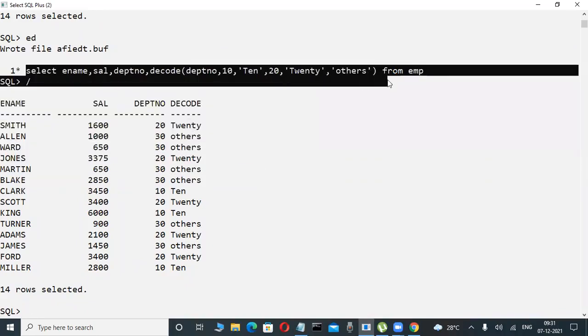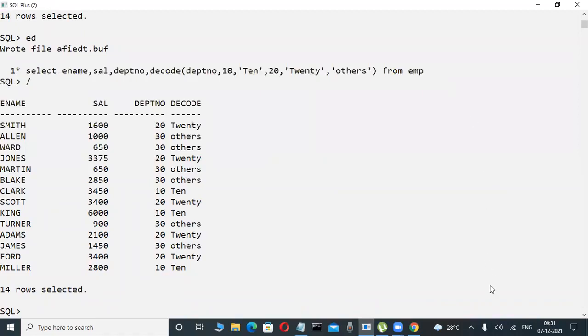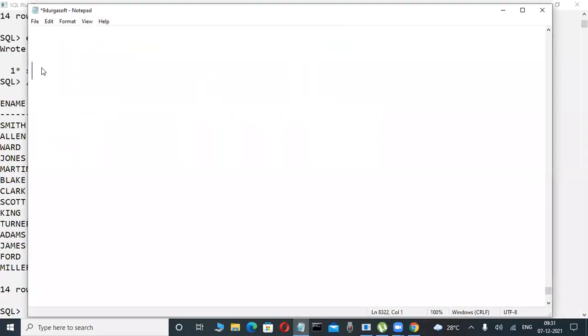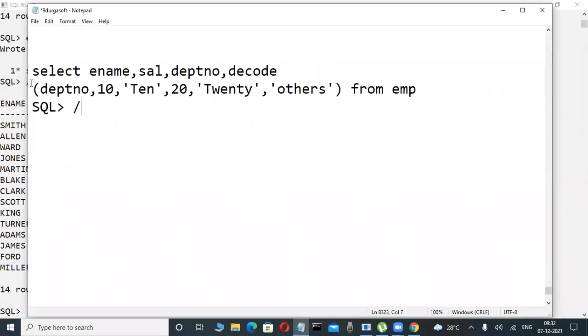Idea purpose. If condition is not only for outside data, but also in a column, it will be searching if condition based: first value, second value, third value, like this. DECODE of department number.